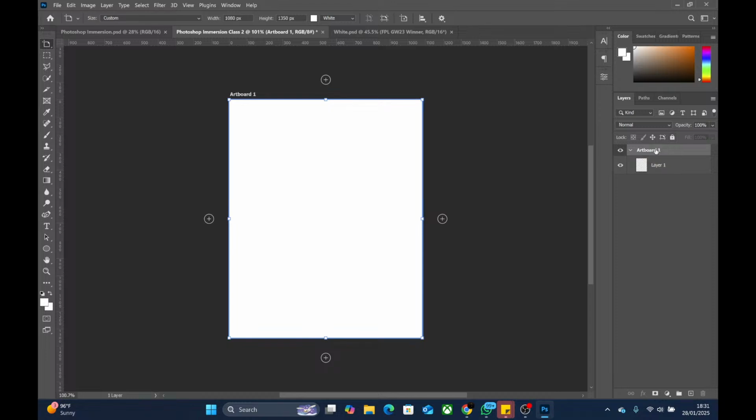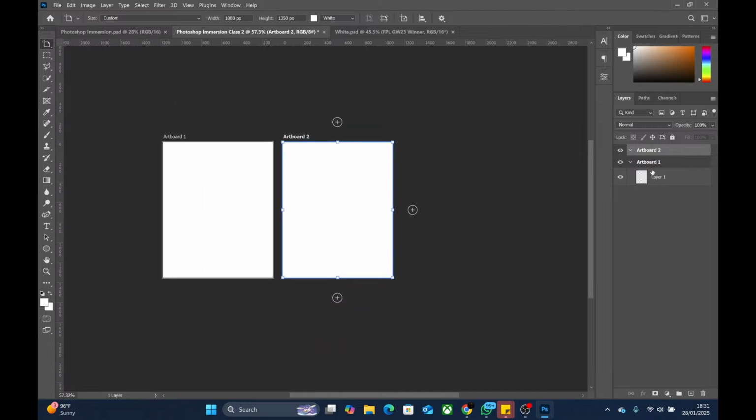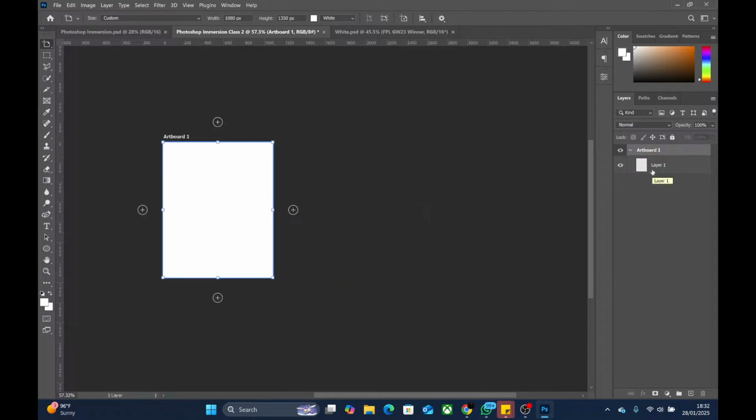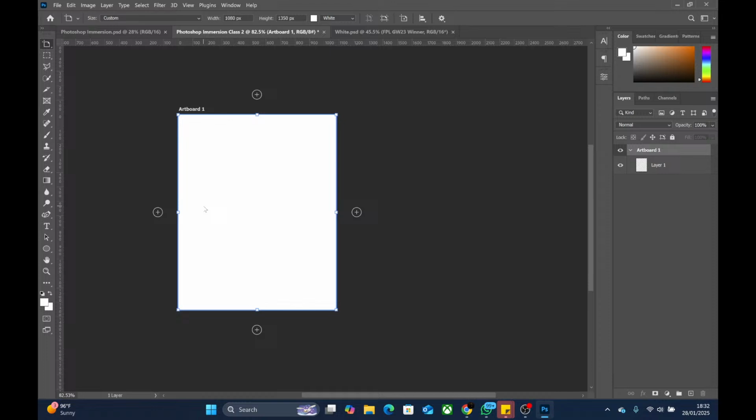This place has artboard 1, and inside that artboard we have just one layer. If we add another artboard, we see artboard 2, and then inside it there's nothing yet. Now the more artboards that you have, I'll press Ctrl Z to undo now. Sorry for my bad English. Now the more things you add to your design, the more layers you will have. Everything will start increasing, and all of this place will be filled up with layers.